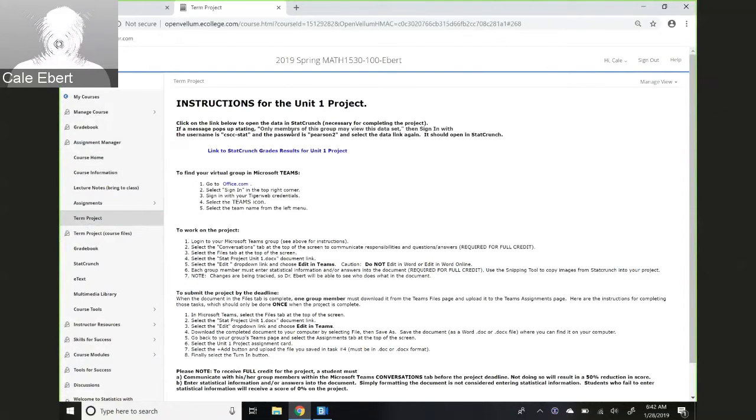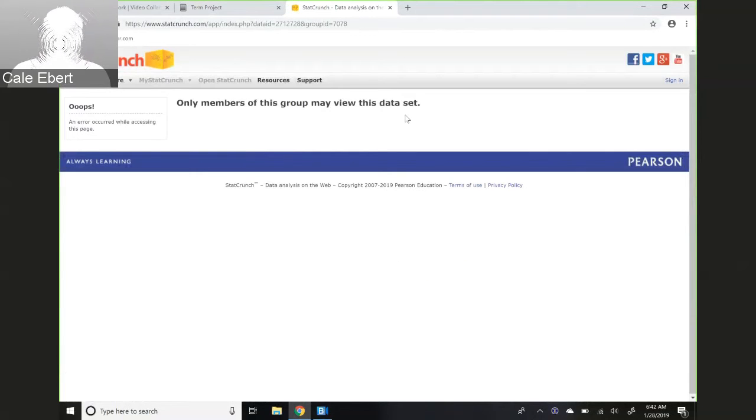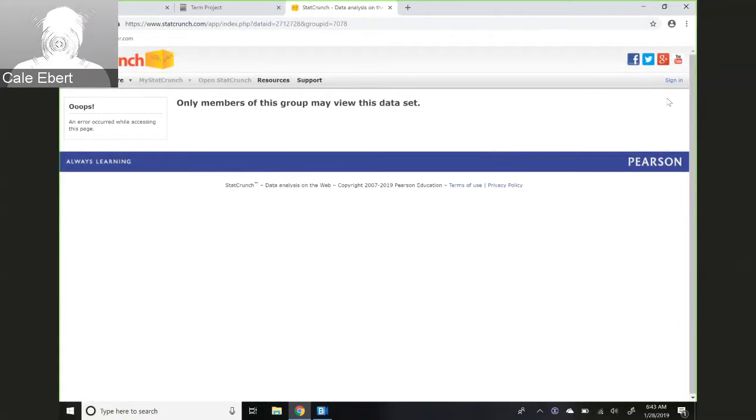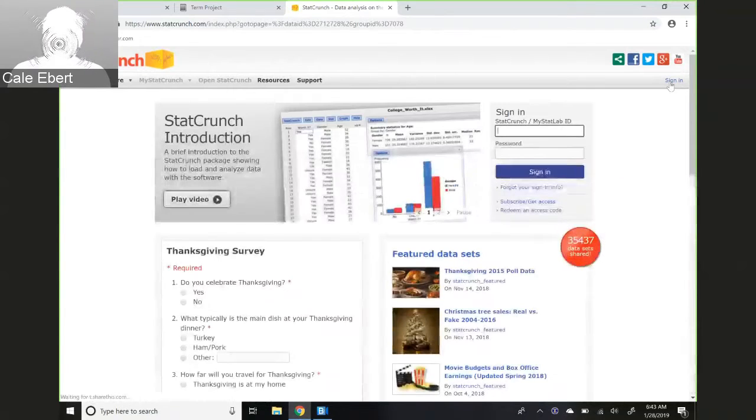So the first thing I want to do is take a look at the data, and the data is in StatCrunch within this link. When I click on this link, however, it takes me to a page where it appears that there's an error, but there's not. Notice that on the term project page, you're told what the username and password is. So back on this page in StatCrunch, I'll go over here to sign in, and I'll sign in with